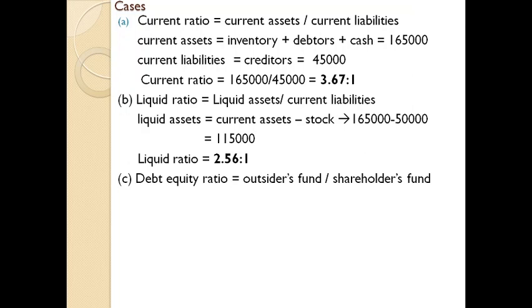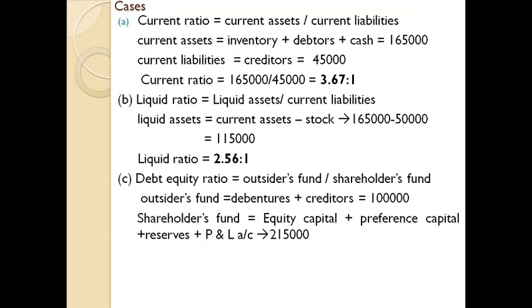Debt equity ratio is debt by equity. Another name for debt is outsiders fund and another name for equity is shareholders fund. Be aware of what items come under outsiders fund as well as what items come under shareholders fund. That's the main part of the equation or the answer. You need to get acquainted with all the items that come under each head. Then only you get the answer. Under outsiders fund or debt, as per the question, it consists of debtors and creditors, that is 55,000 for debtors and 45,000 for creditors, and you will get 1 lakh.